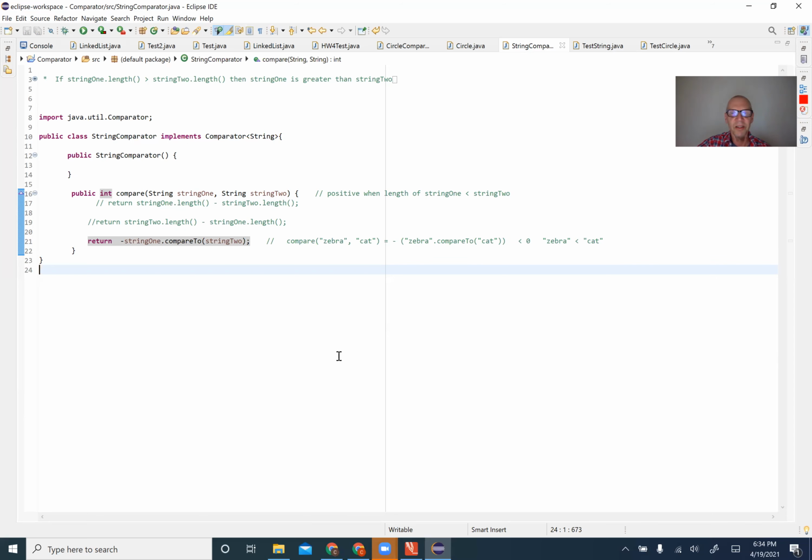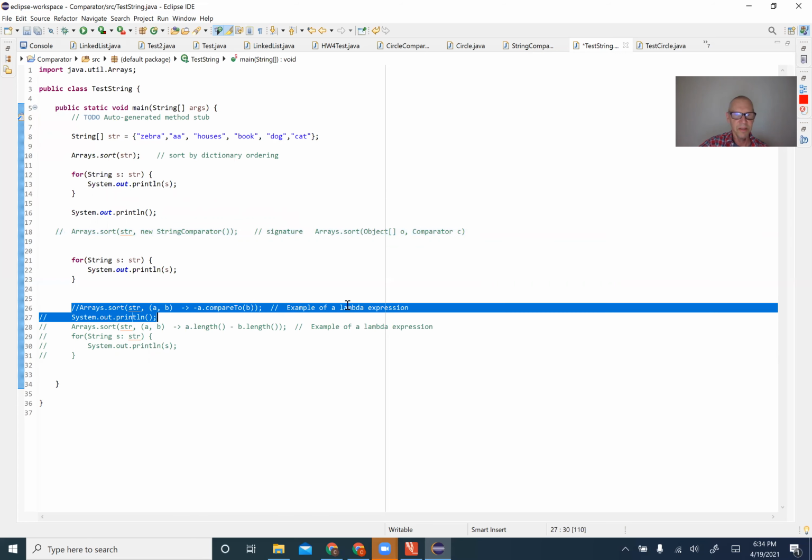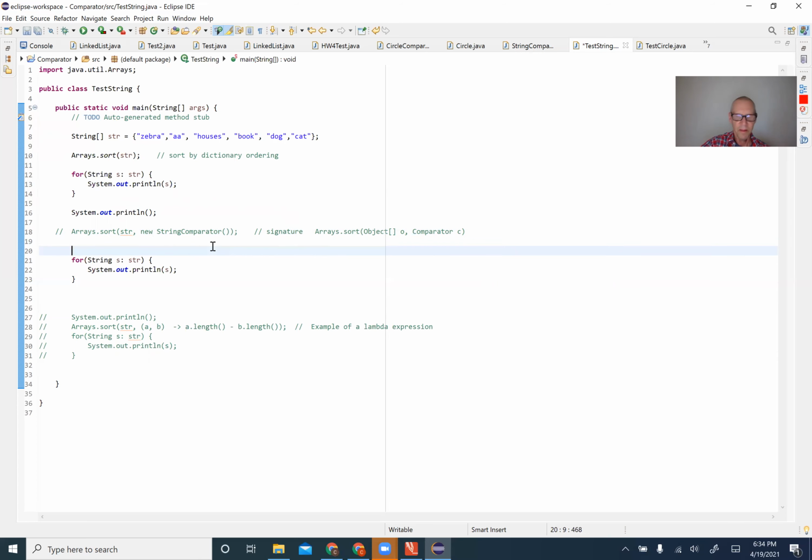So there's this thing called lambda expression. Let's just go here, and I'm going to show you. I showed the other class, and let's just do our first example. Let me put this back up here. Okay, so let's say I want to sort by